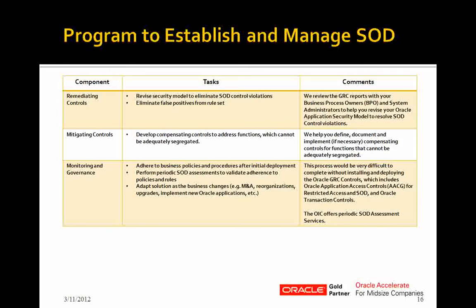So what we do is we review the GRC reports with your business process owners and system administrators to help you revise your Oracle security model to resolve these control violations. Essentially, we show you what we think you may need to do in your Oracle Release 12 instance with regards to menus and functions within menus and responsibilities assigned to users to eliminate some of these